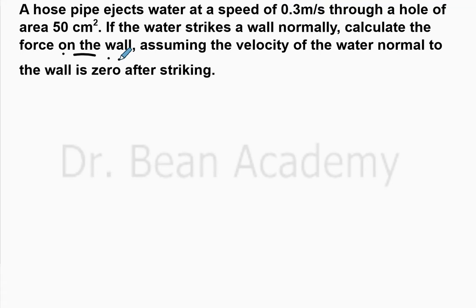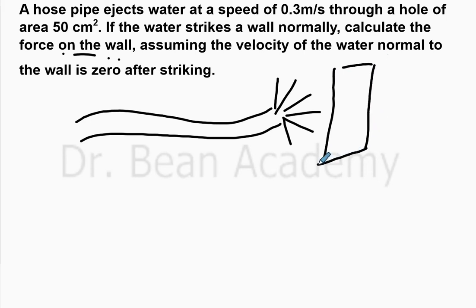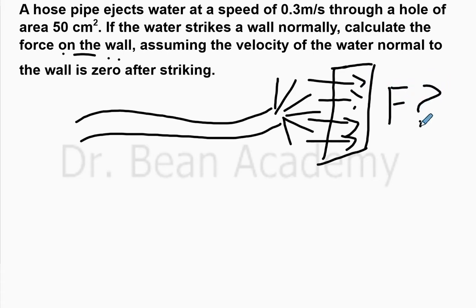So let's imagine the problem. We have a hose pipe and water is coming out of it, and we know that when water comes out of the pipe it has a certain force. Here we have a wall and the water strikes the wall, and we assume that the water is purely horizontal. So we need to calculate the force F on the wall,